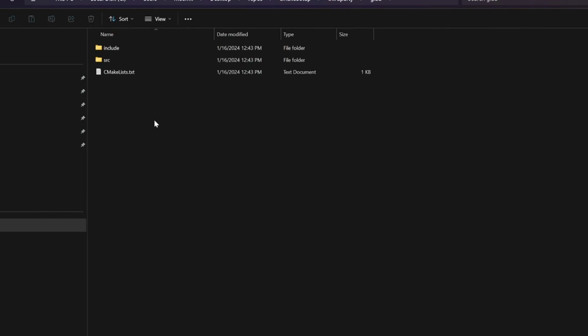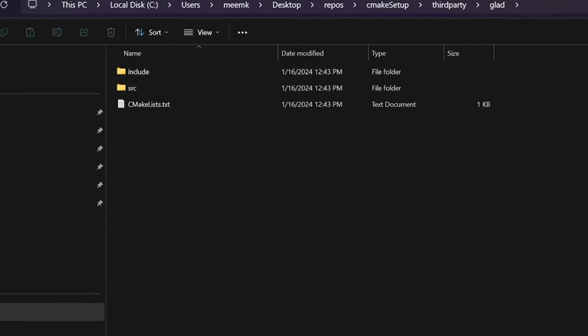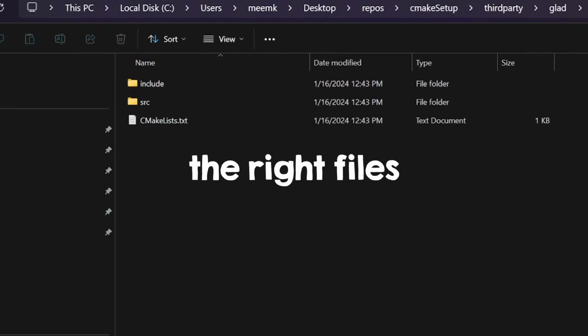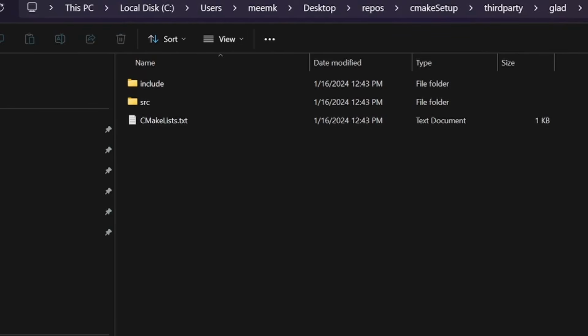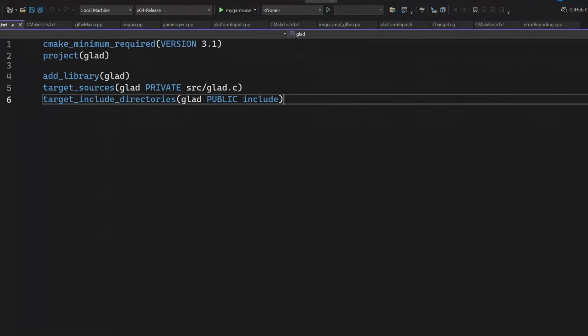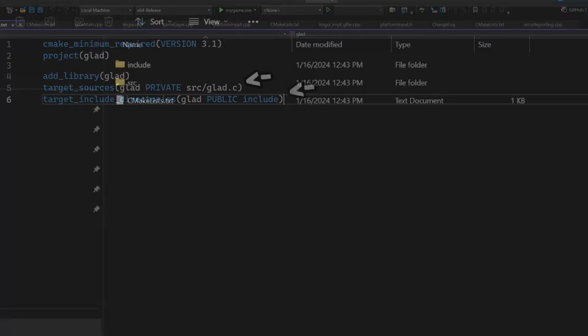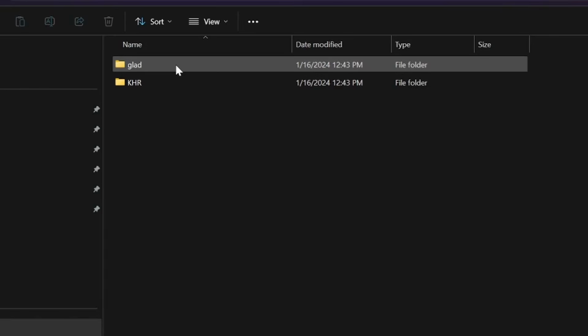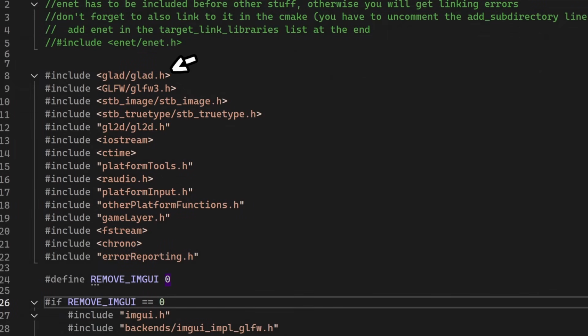And let's look inside GLAD. So we have again include and src, and I just place the right files inside. So if you do this for a library that doesn't come with CMake like GLAD or ImGUI, you simply need to add all the C++ files and header files to the CMake. Notice that I have a second folder inside include that has the same name as my library. To keep things organized, you want all your library includes to look like this, and to achieve this, you add